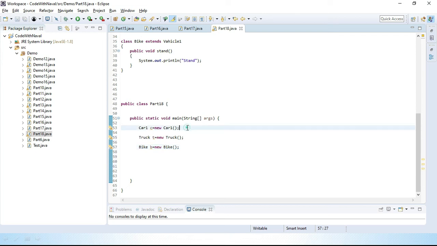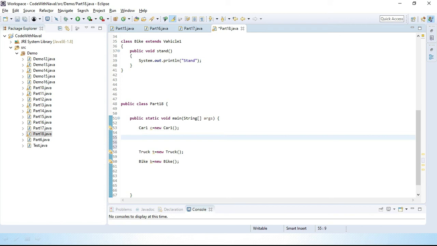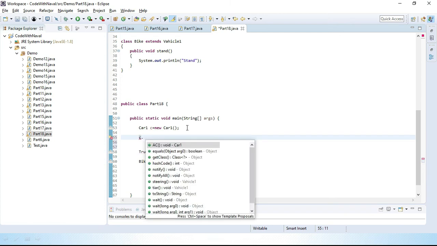Here you can see, if I use this Car class object and want to call a method, if I mention c dot, you can see c.AC, c.tire, and c.steering.